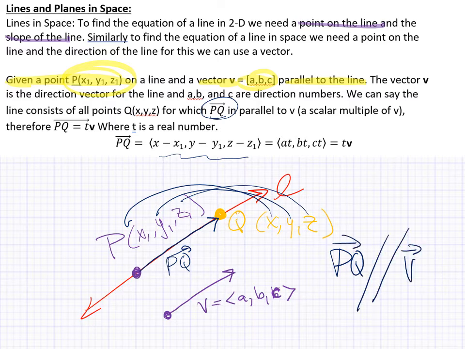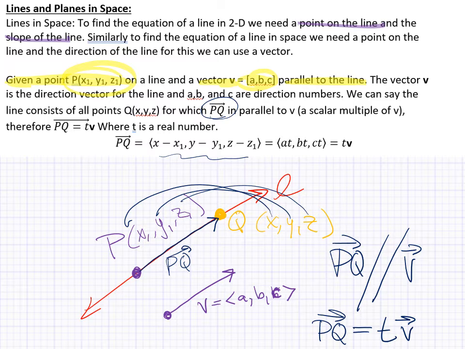okay, then they're pointing in the same direction, which means the only real difference between these two vectors is their magnitudes. So one can be considered a multiple of the other. When two vectors are parallel, the only difference between them would be their magnitudes, and the way you change the magnitude of a vector is by multiplying it by some constant multiple. So we could say that vector PQ is equal to some multiple t times v, where t is just some